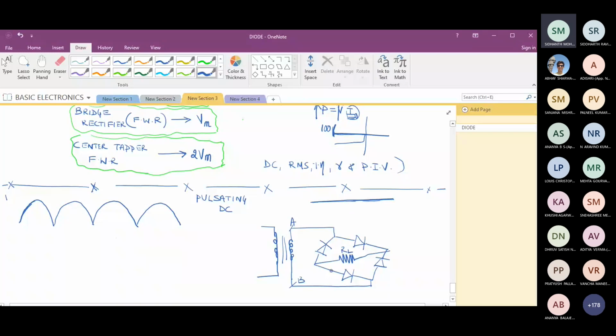Now, to do further processing, what I will do is I will connect a capacitor here. Means we are going to connect another passive device across the load. Capacitor is a passive device. It's not an active device. So later I will explain when I take up transistor, the difference between passive and active device. So I am going to connect one more element in the circuit, a capacitor across the load. And we'll try to analyze this.